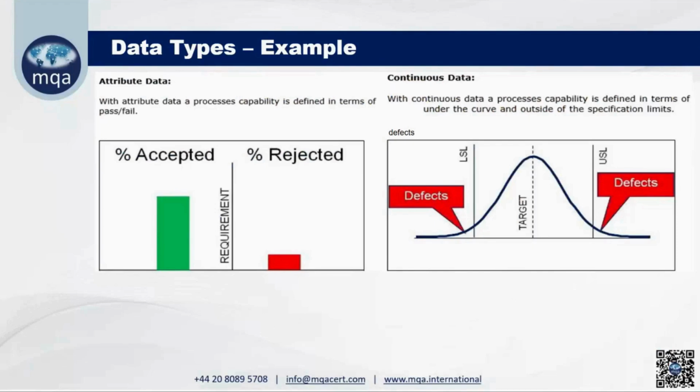Then second is continuous data, or variable data. We measure it with respect to various parameters like the spread of the process, the central tendency of the process. When you see this graph,